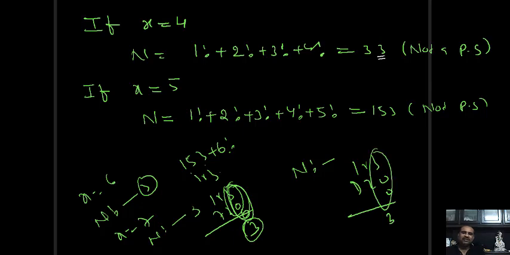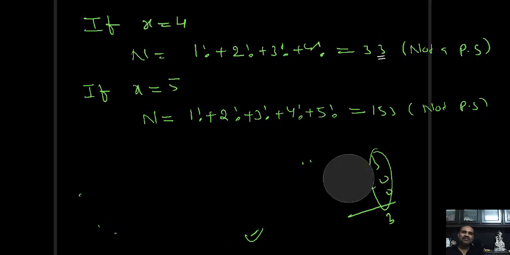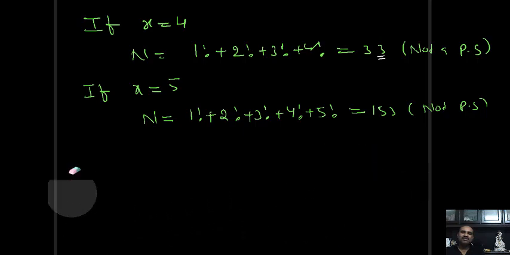Again adding all the 3, so 7 factorial, x is taken as 7, n again ends with 3. So no square number ends with 3. What is the meaning of that? If we take x equal to 4, the number ends with 3, so that won't become a perfect square. If x is taken as 5, n ends with 3, so it won't become a perfect square. If x is taken as 6, 7, 8 and so on, always the unit digit of n becomes 3, so it never becomes a perfect square.